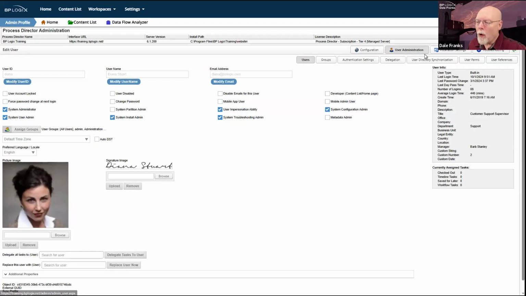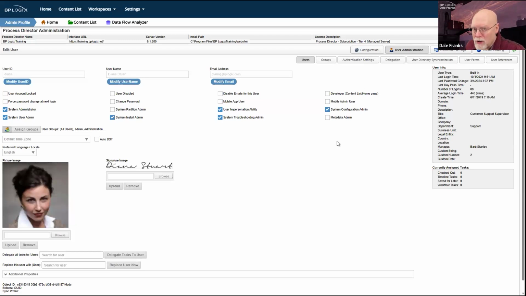Now, these 4 sections in IT admin are accessible, and indeed the IT admin area itself is accessible only to system administrators or partial administrators. So to give someone access to all or a part of the IT admin area, you do need to edit their user account.